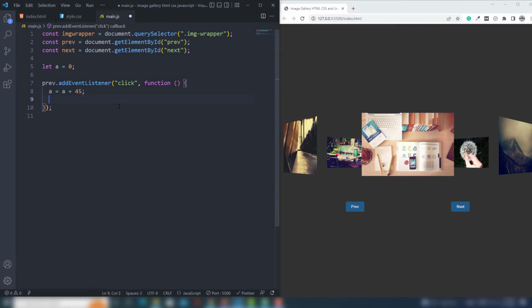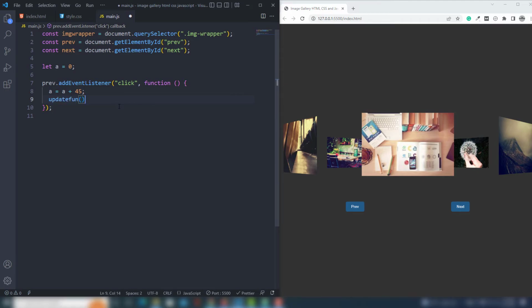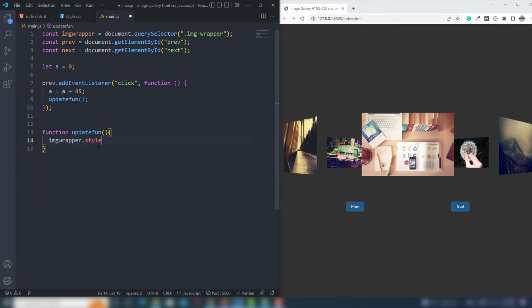So the next thing, I'm going to create an update function. I will create this function outside of this section. I call it updateFun. Function updateFun, curly brackets. Inside the curly brackets, I will get the value from this variable, right? imageWrapper.style.transform,